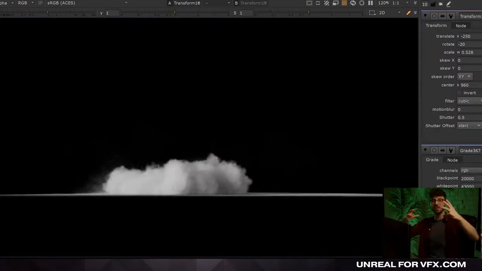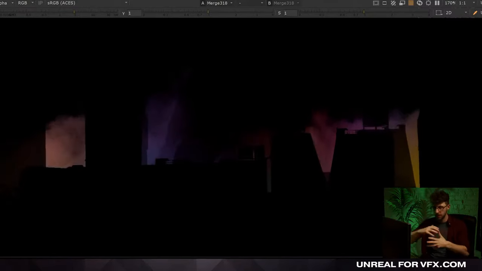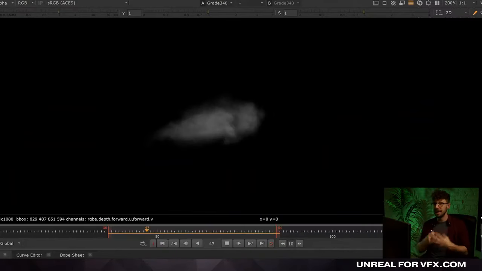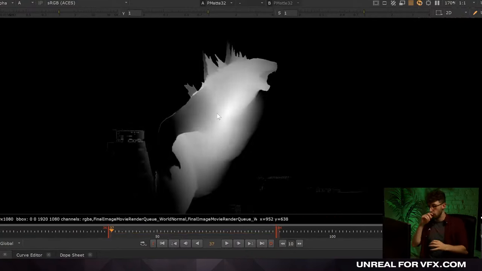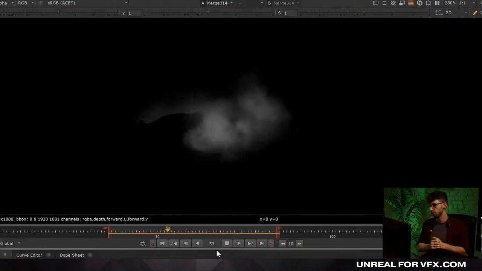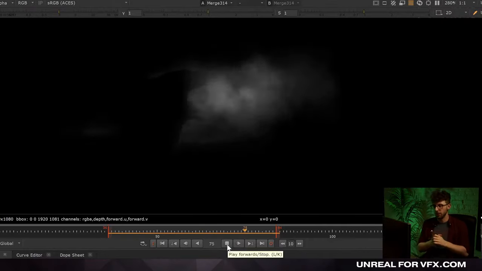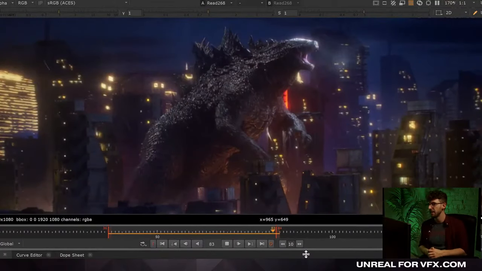We're finding additional ways to add depth and atmosphere into our shot by taking this dust cloud element and spreading it through the depth of all these different city blocks underneath Godzilla himself, by remapping that depth pass to integrate the two together. You can do the same thing with Godzilla's breath. We found this steam element, this little puff of steam, and slowed it down to about 50%. We got this depth pass pulled around Godzilla's face so that we could isolate that part, so it looks like it's coming right out of the jowls of Godzilla himself. That was enough to create the illusion that the smoke is really coming out of Godzilla's mouth and that he's breathing fire and steam